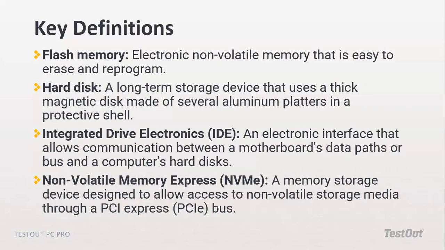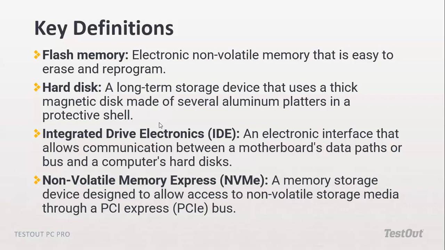Hard disk: a long-term storage device that uses a thick magnetic disk made of several aluminum platters in a protective shell. Integrated drive electronics: an electronic interface that allows communication between